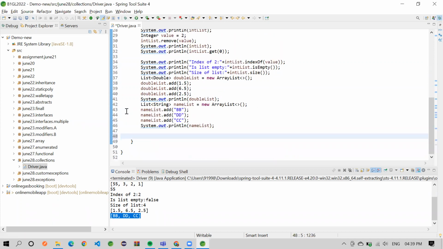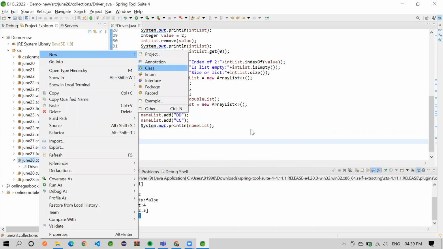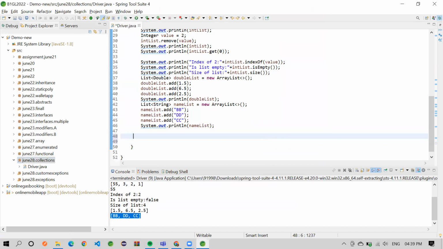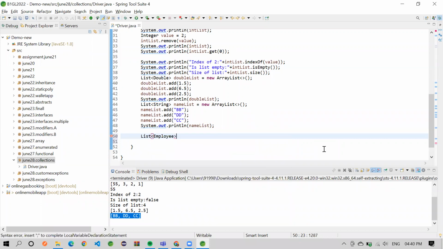So let's talk about the list of our user defined data types. Let's say I want to create the list of students or list of employees. We already created many classes of student and employee. Let's create a list of my employees. The Employee class is there in the array package. So let's refer it. I'll call it EMP list is equal to new